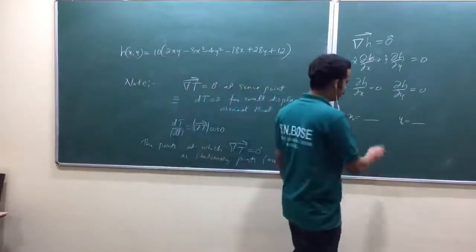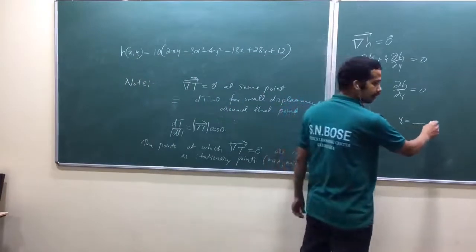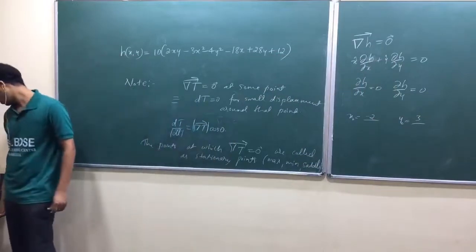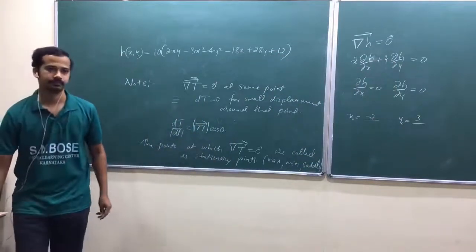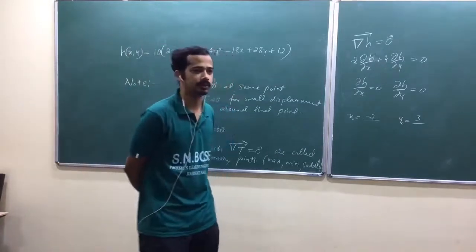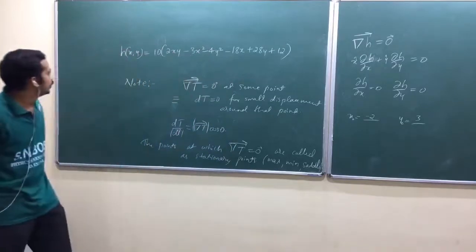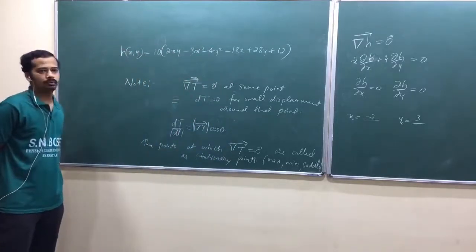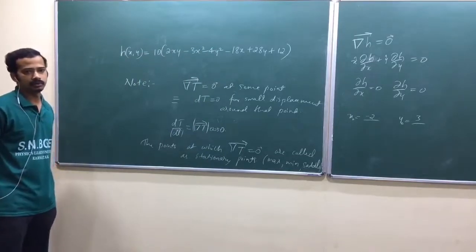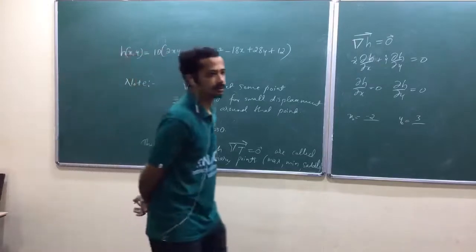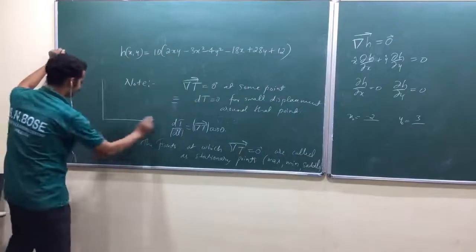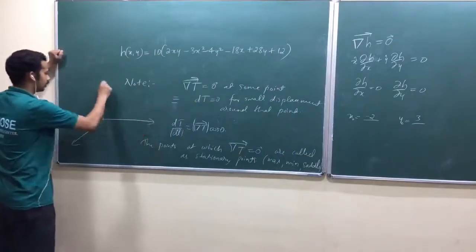X equal to -2, 3. So now the next part of the question is, how high is the hill? We substitute. Now I have one problem. If you put x equal to 0, y equal to 0, what would you get? You will get some height, am I right? Obviously. That's not the point. You have to put x naught and y naught, am I right?